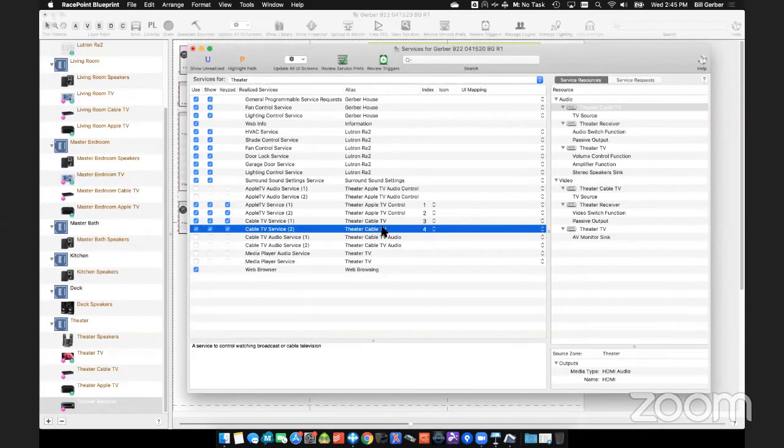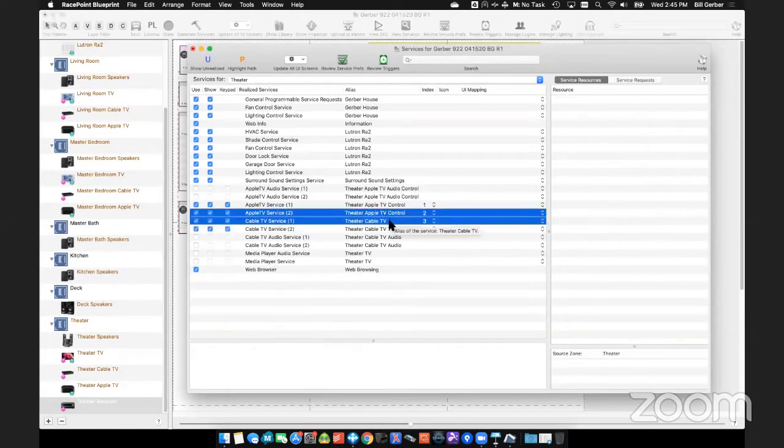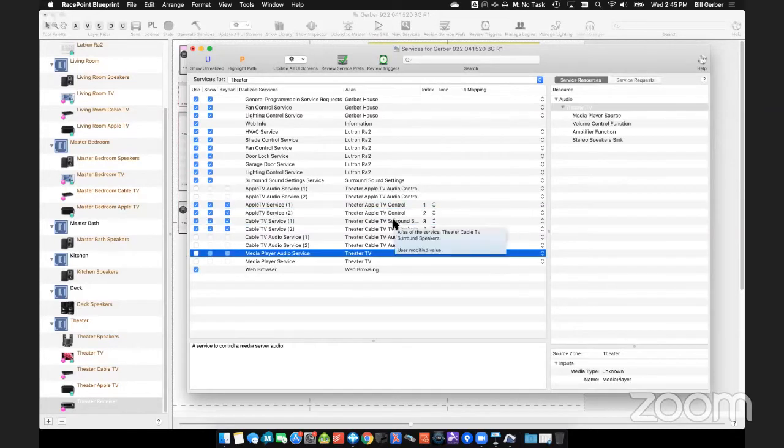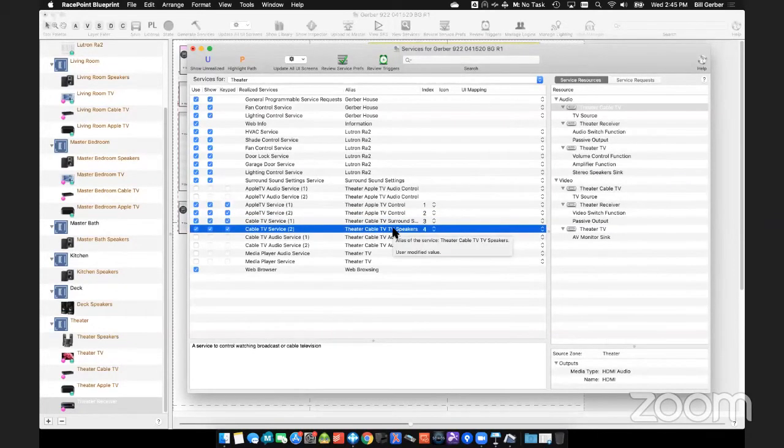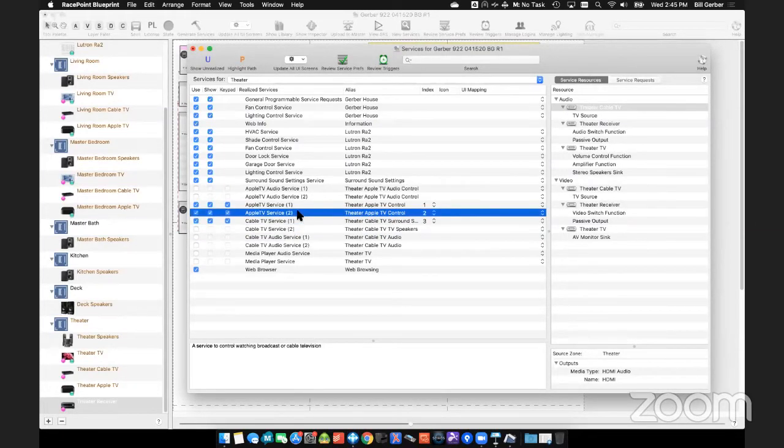Have this be cable TV, TV speakers, cable TV, surround speakers. So now when they go to select it, now that's really long-winded. So you may not want it that long when they are selecting in the app, but make it so that it's clear to them as to what they're selecting. Now for this particular scenario, I don't want the two options. I just want one. So I could uncheck it here, and I could go up to this Apple TV and